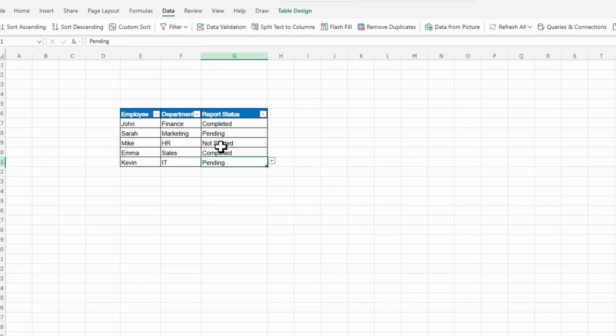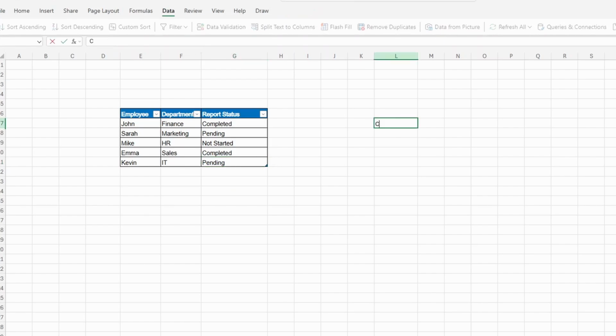For the dynamic drop-down list, first we will create a separate list. You can create it anywhere. You can create it on the same sheet, or you can create it on a separate sheet. So we will create a list here. And not started. We will convert it into a table,